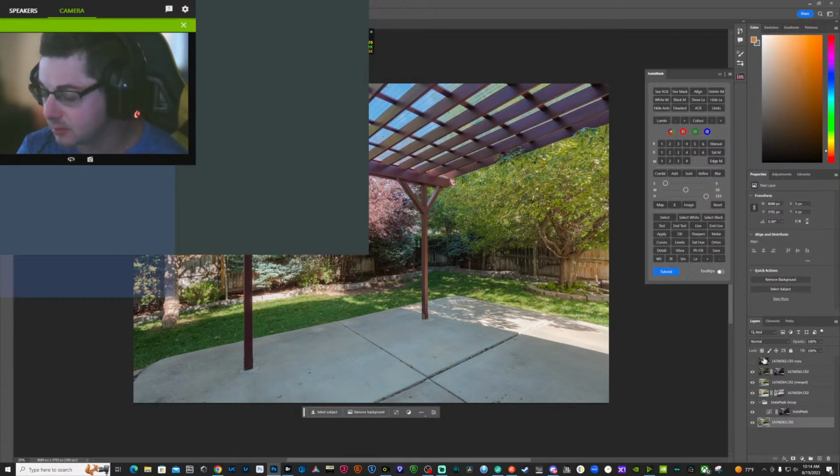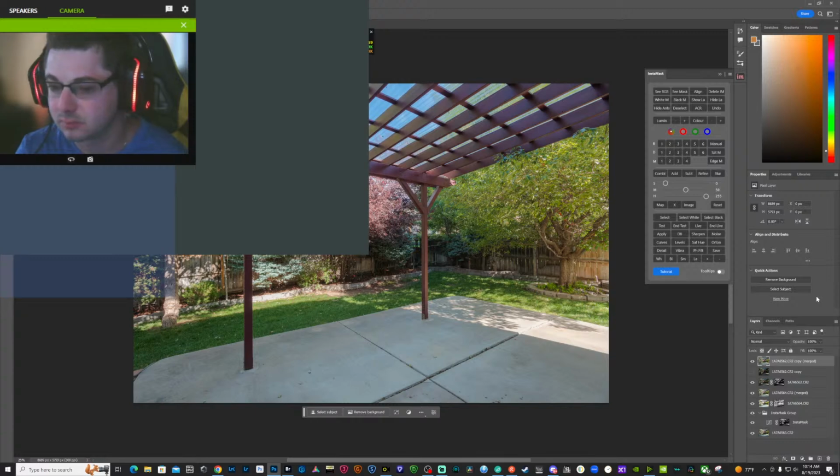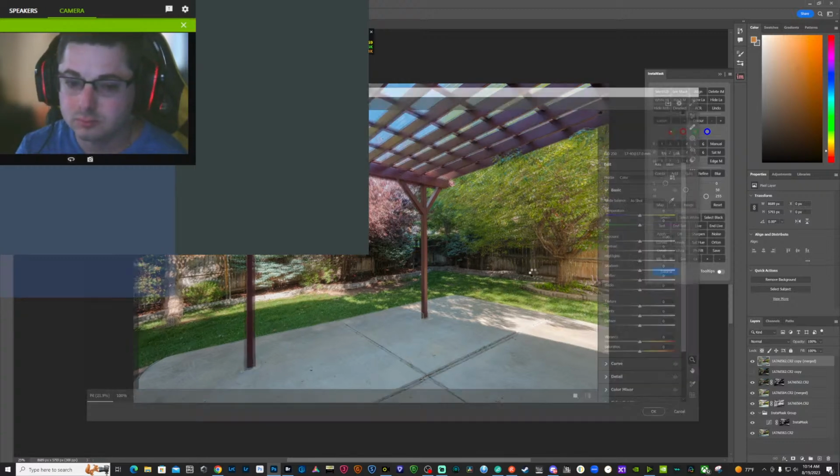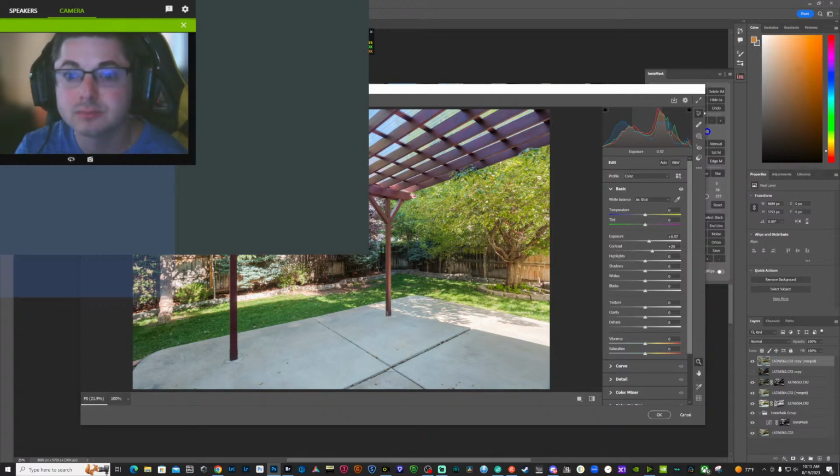Give it more contrast. Let's push our exposure until it kind of has a glow to it. Blacks. Down really hard on our highlights to retain as much detail as we can.